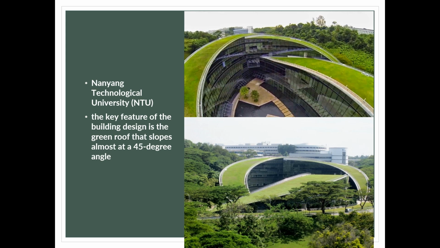Okay, this is another different example of flat roof. Sorry, four roof types. So this is a green roof. This is Nanyang Technological University, NTU. The key features of the